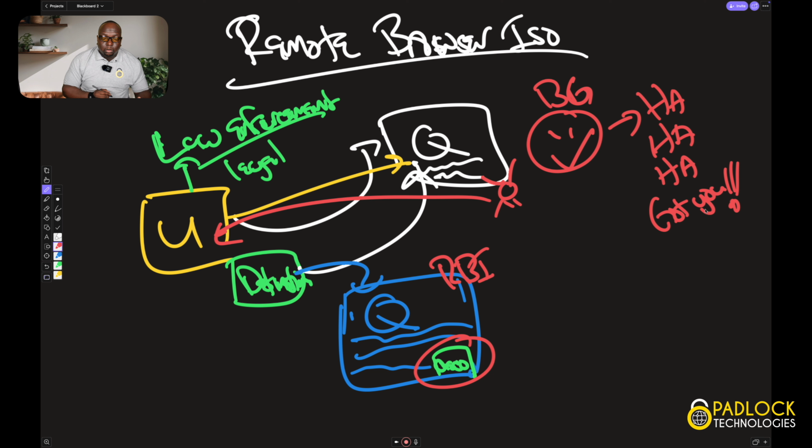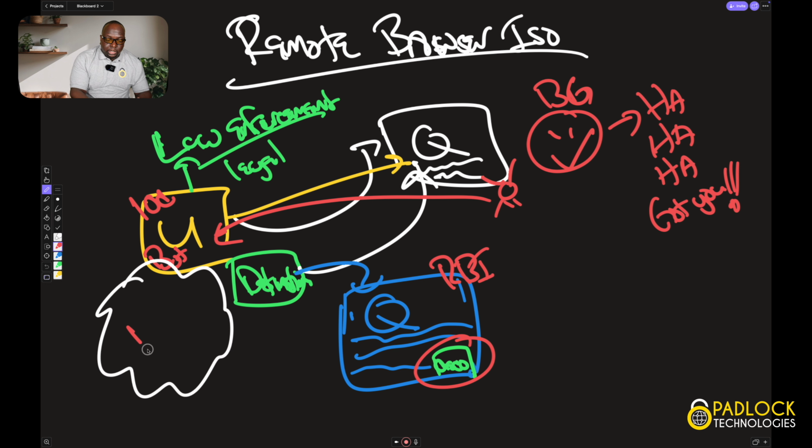Now, once this is compromised, so now this is an IOC, incident of compromise. Now, whatever you have connection to, so now you are my bot, and now anything behind you,